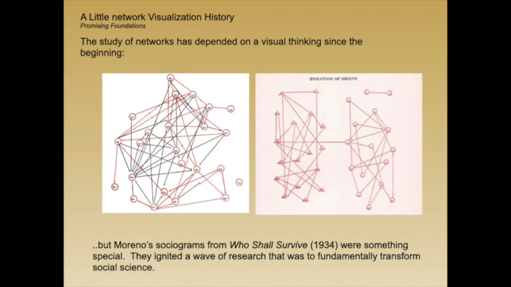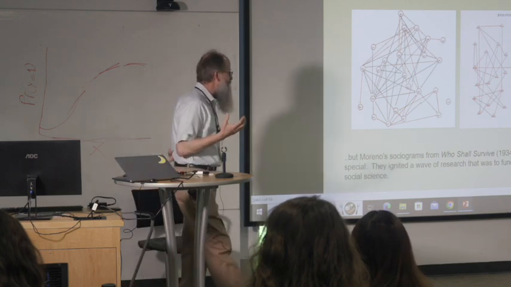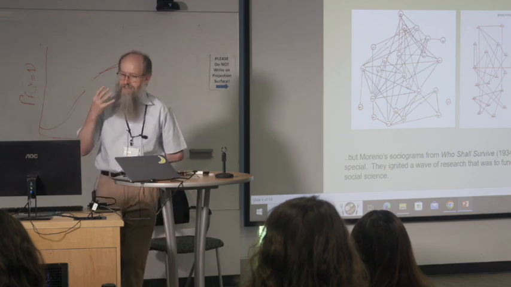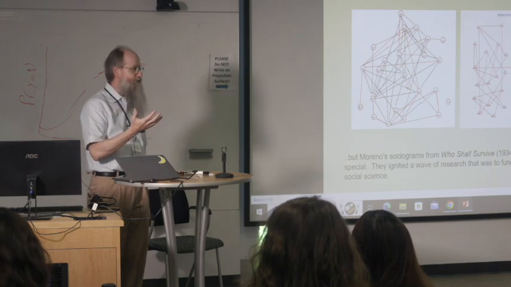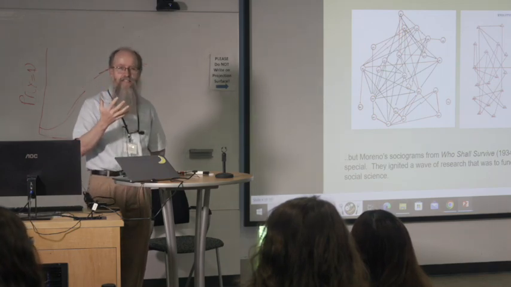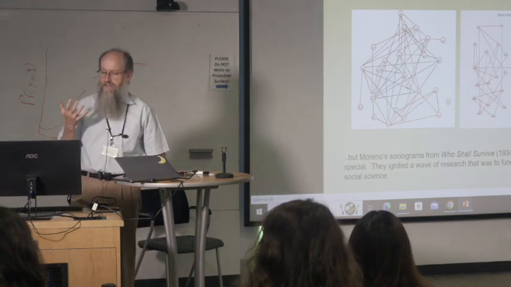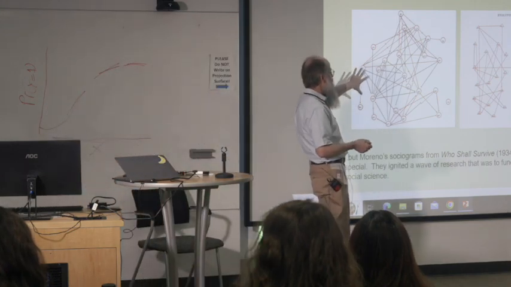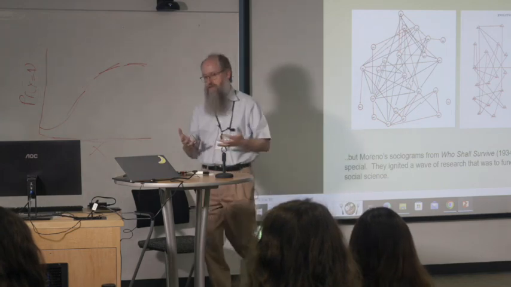He has this wonderful book, Who Shall Survive, and a number of papers in the journal Sociometry, which have these images. You can imagine when these things were first written, and as you read the descriptions of them, it really is like the first shot through a telescope or the first shot through a microscope. They're looking at this and they're amazed at the extent to which they're seeing things they wouldn't otherwise see. It's so clear that there's something else there. We're going to come back to this particular image quite a bit today as we go through various options. But he did it with all kinds of different